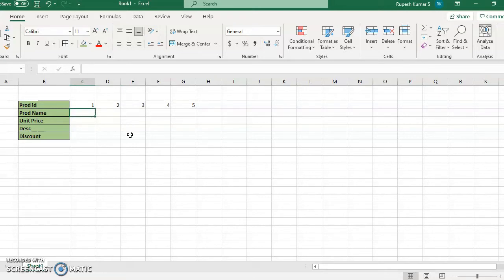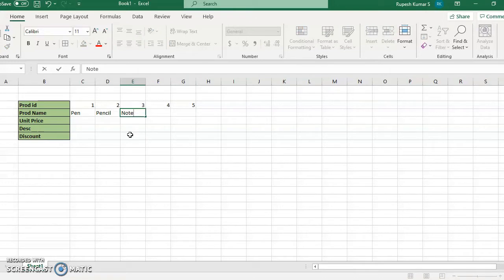Could be anything. And product name, pen, pencil, notebook, eraser and diary.